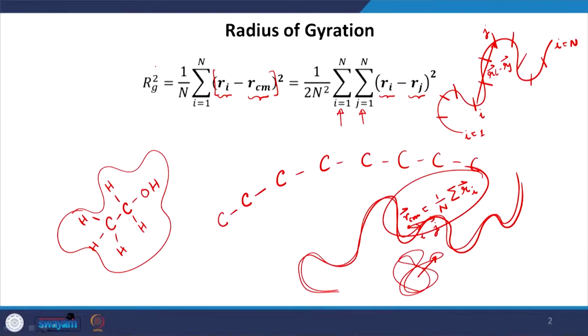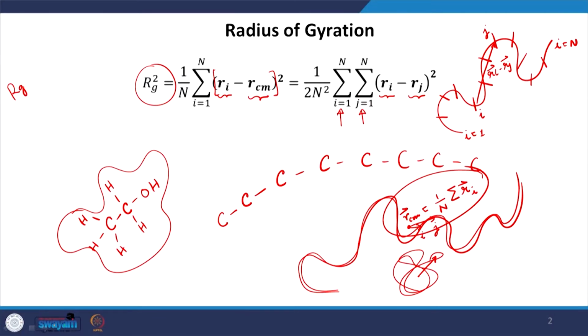So, this is actually the square of Rg. So, we have to take a square root of that, and there are theories in place, particularly for the case of polymeric systems, that tell you how Rg squared should change with n under different conditions for different polymer chains. One of those is, for example, Rg squared is proportional to n for what is known as an ideal chain,